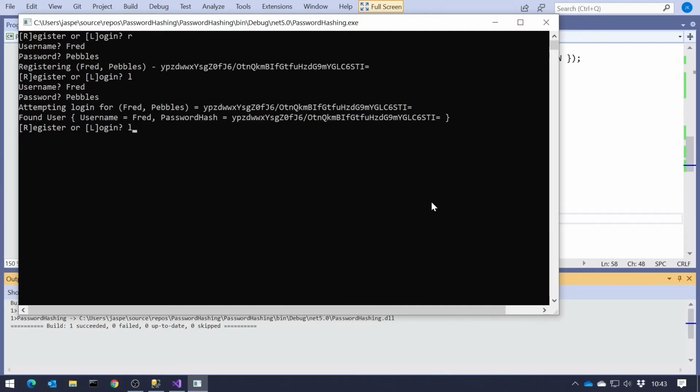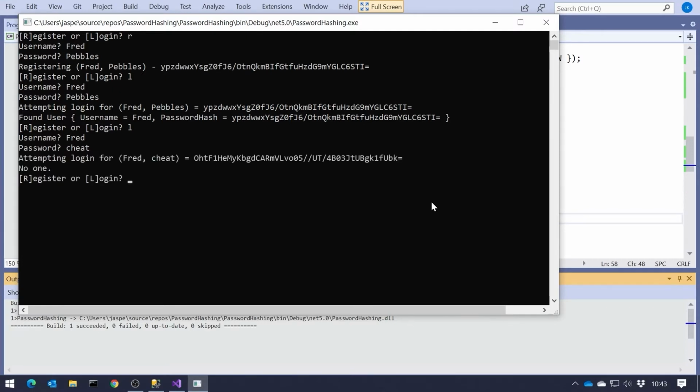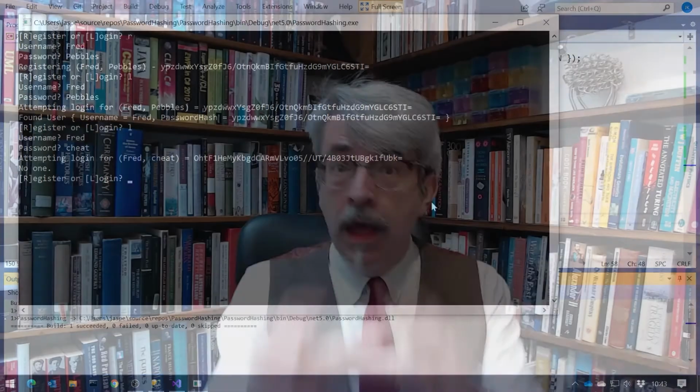Whereas if I tried to log in as Fred but with a different password, then we can see you get completely different hash code. Doesn't match, so we haven't logged in correctly. But all the while, we've never actually stored the password, only the password hash. So if our database were stolen, looked into, no one would know what the passwords are.